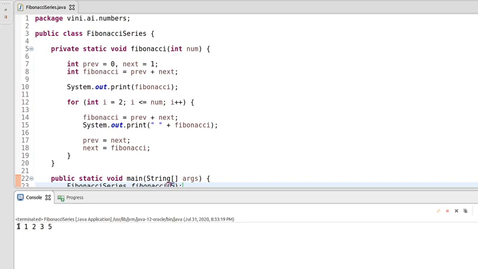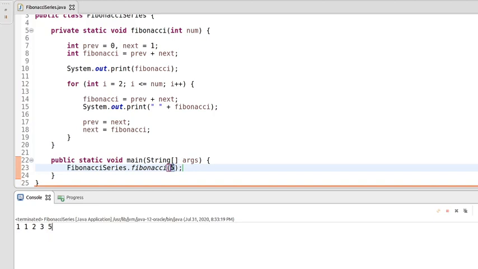So you can see here these are nothing but the sum of the last 2 numbers. If we add 2 and 3, it will generate a new number, and in the next iteration, if we add 3 and 5, it will generate a new number, that is 8. So it's nothing but just the addition of the last two Fibonacci series numbers.